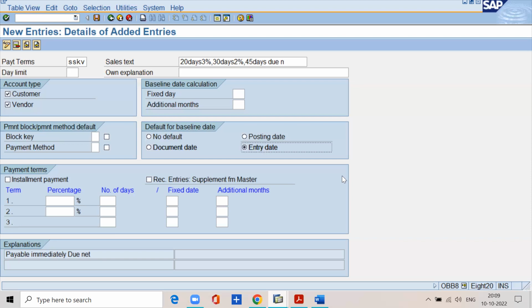That is, the credit period is calculated